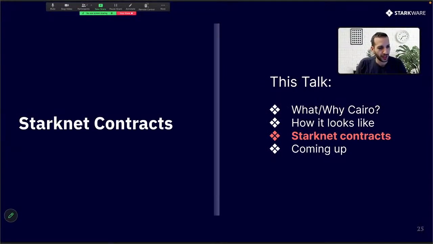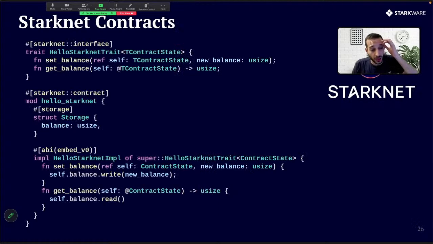This again has a lot of details in it, but I just want you to see some of how it looks. So again, don't be afraid of the amount of code here. I don't want to get into everything, but the basic idea is this is the way that we write contracts